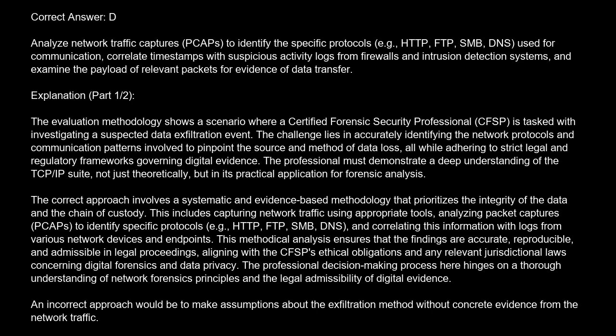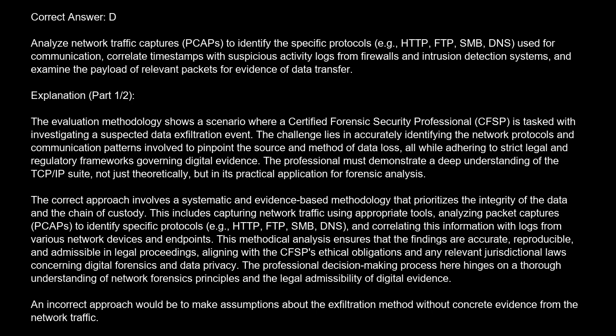a suspected data exfiltration event. The challenge lies in accurately identifying the network protocols and communication patterns involved to pinpoint the source and method of data loss, all while adhering to strict legal and regulatory frameworks governing digital evidence. The professional must demonstrate a deep understanding of the TCP/IP suite, not just theoretically, but in its practical application for forensic analysis. The correct approach involves a systematic and evidence-based methodology that prioritizes the integrity of the data and the